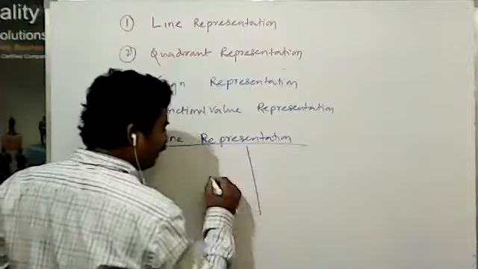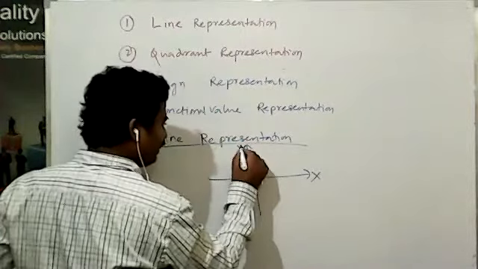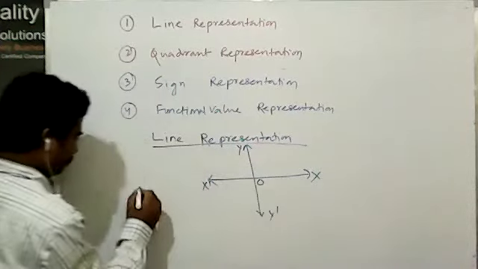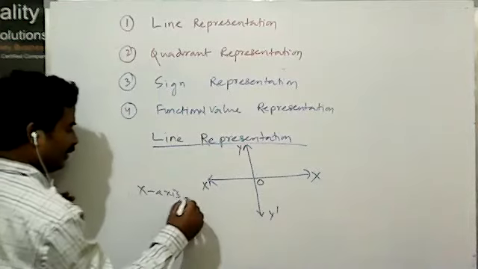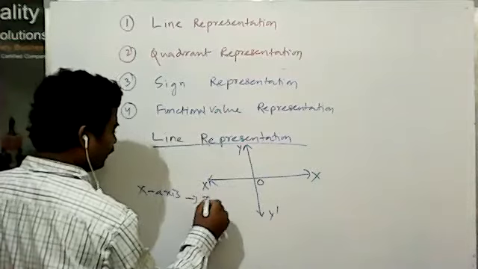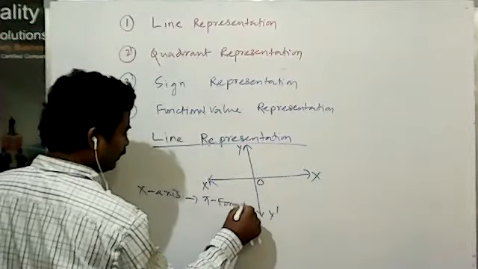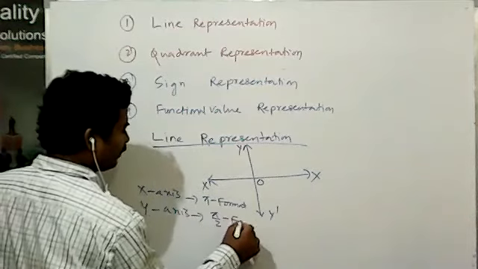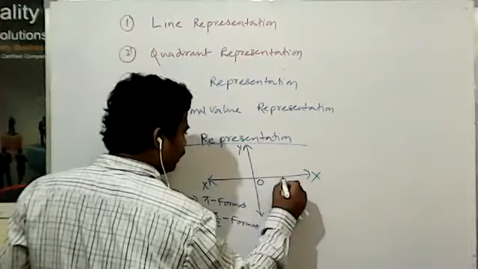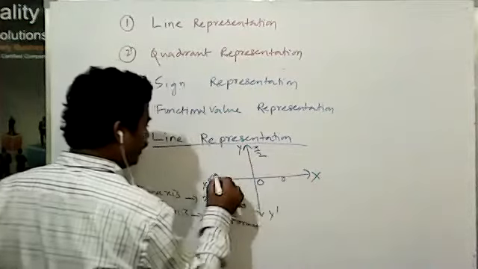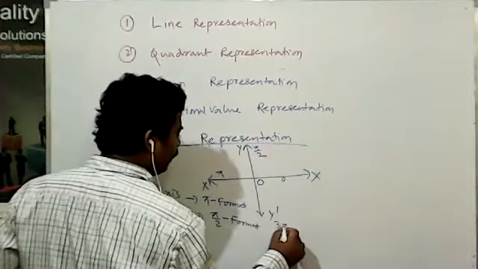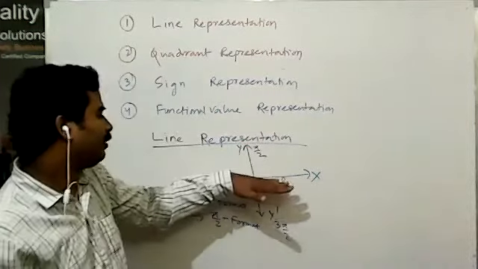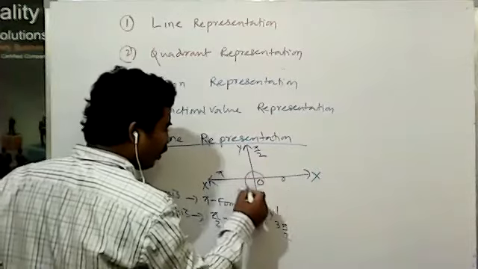This is the line. This is the x-axis. This is the y-axis. Here the x-axis stands for the π format, and the y-axis stands for the π by 2 format. This is the 0 angle, this is the π by 2 angle, this is the π angle, this is the 3π by 2 angle. This is 90 degrees, this is the 90 format, this is the π format. One rotation will come like this.